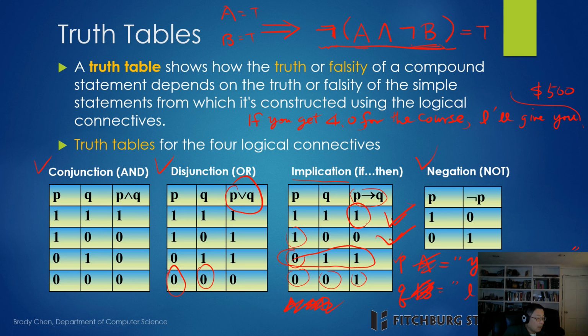Anyway, I haven't broken my promise. If I give you $500, I still haven't broken my promise, because anyway, you failed the test. You didn't get the 4.0. So it really doesn't matter what I do. The result